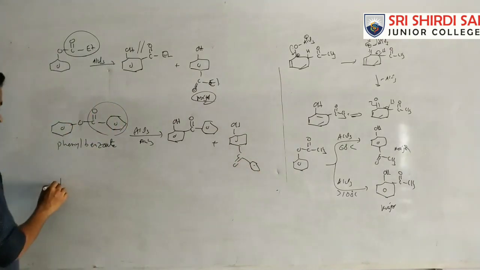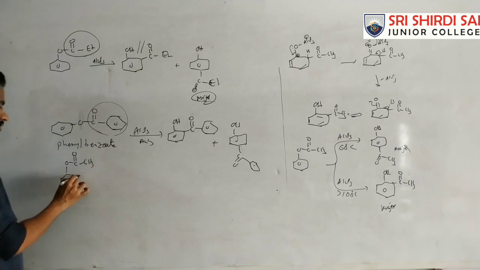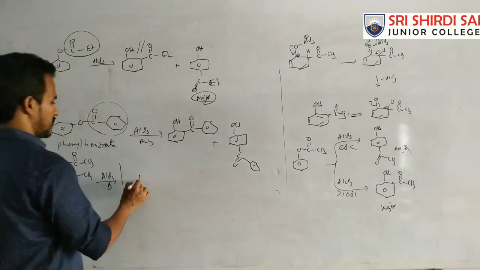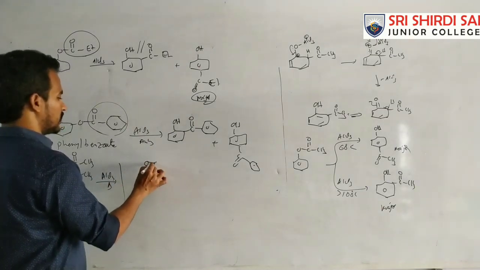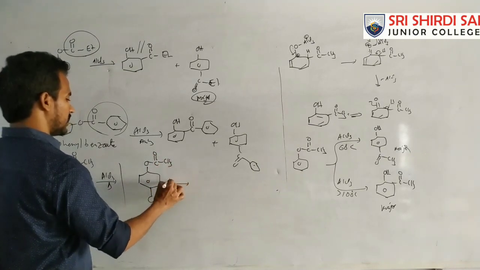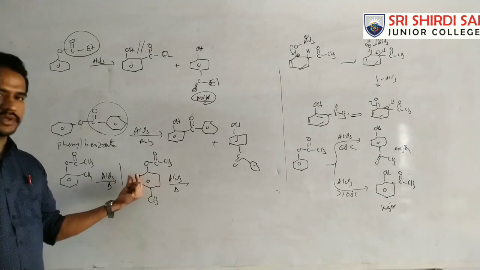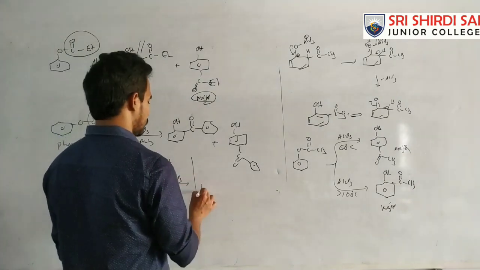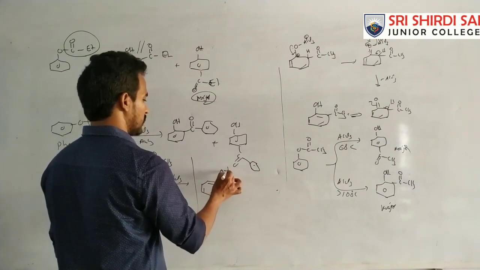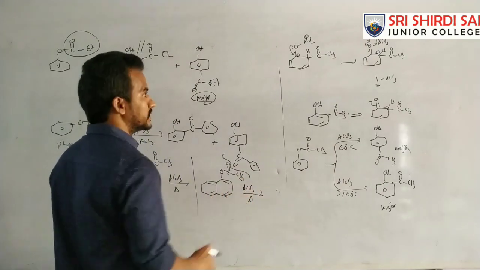Next, write the products for these reactions. Here, with C double bond O, CH3, ortho is blocked, so the group goes to para. Now here, O C double bond O, CH3, with CH3 at para, para is blocked. Then the COCH3 group is placed at the ortho position, either ortho position, with AlCl3 here.